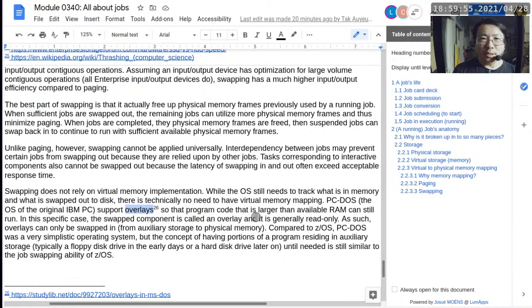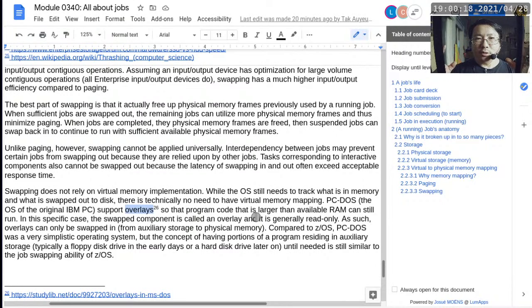So it is not quite the same as swapping, because there's no swapping out. It is only swapping in, or only reading in, but it makes it possible to make a program that otherwise would not fit into RAM run, because now you can break up the total amount of code